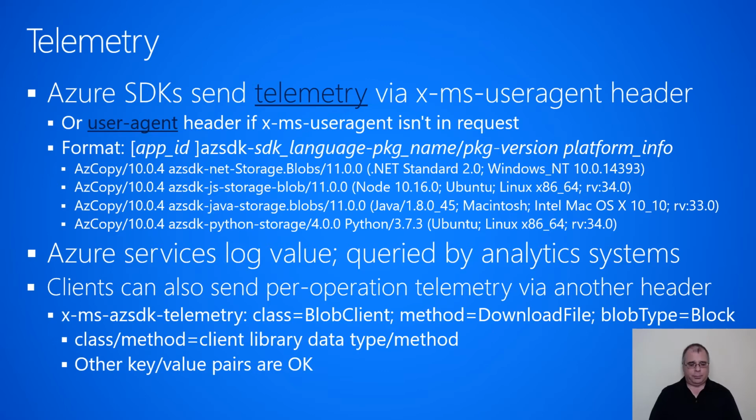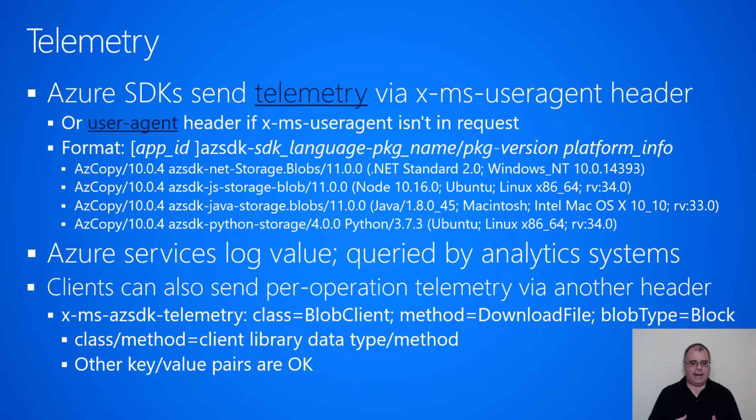We also support the ability for clients to send per operation information. So these headers I mentioned before, like user agent, are sent with every request. But from the same client library, it would be the exact same value every single time. It may be that for some specific operations, you would like to include some additional information. And we do have another header for that. It's x-ms-